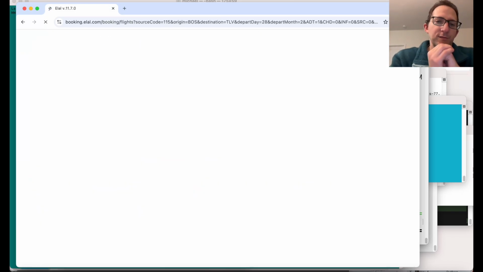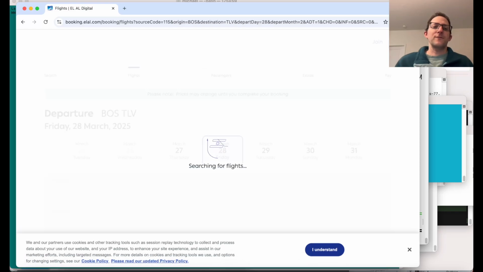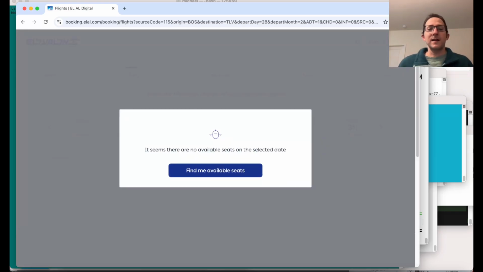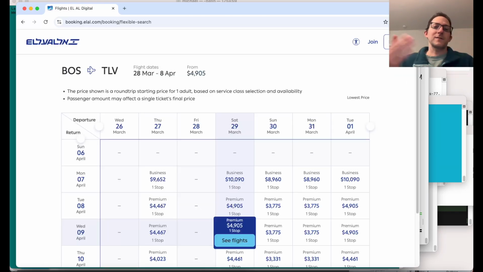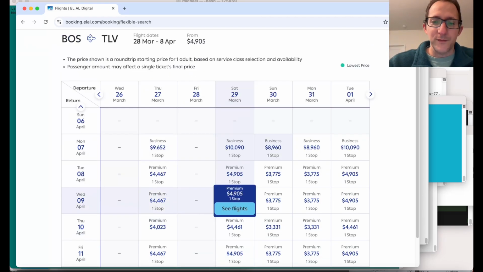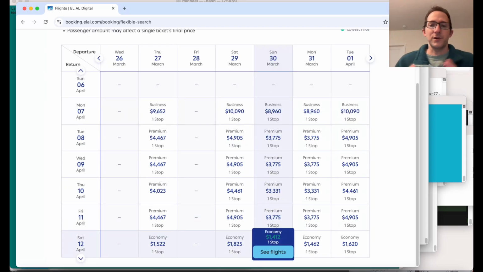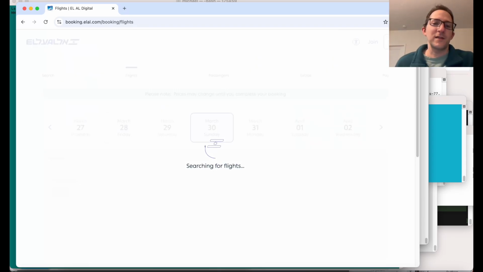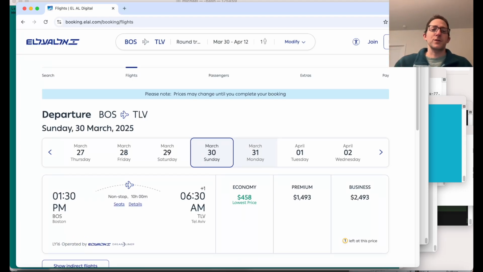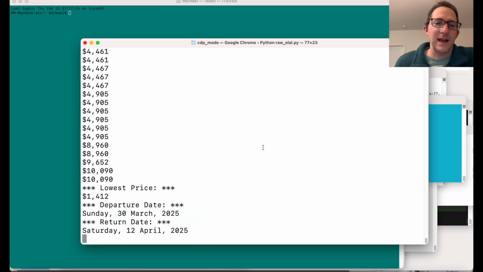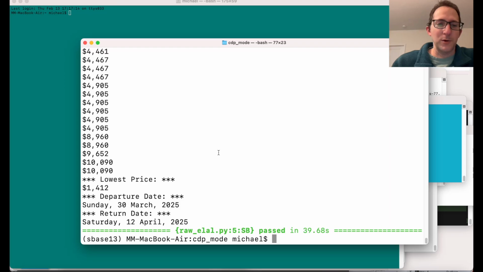And now it's going to do a search, and if it doesn't find flights on that particular day, there's a button that appears where you can find more available flights, and you can see here in this flight calendar all the various prices from the various days that you may go on your trip, and it'll find the best price for you with the algorithm that I've implemented. And now all that's going to be outputted here, so you can see that the lowest price from Boston to Tel Aviv is